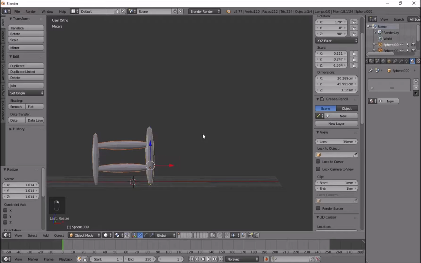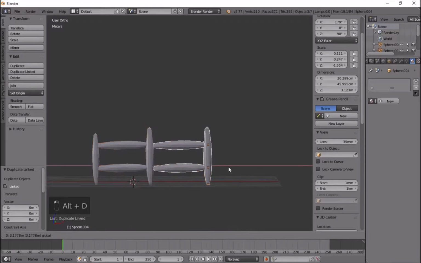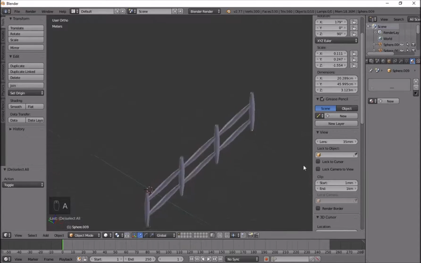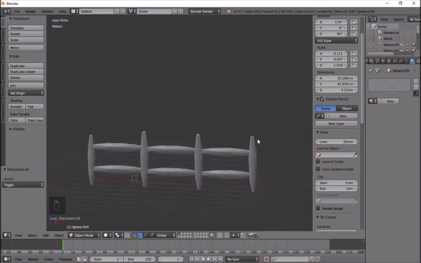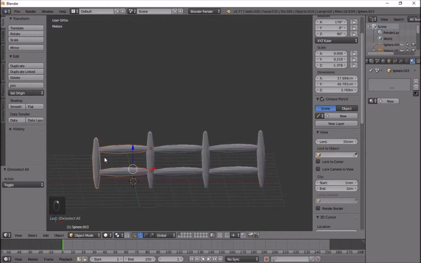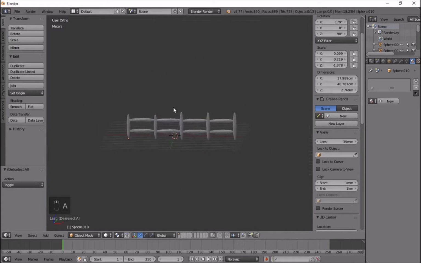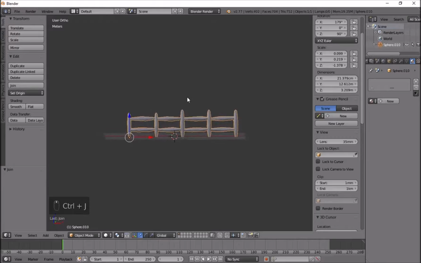And you can just do Alt D and then move these to this side. Alt D and move them to this side. So with low poly stuff, you can actually copy a lot of stuff, just like copy and paste, and you have something different. So Alt D, and then I can move this on this side. So now we have a fence as well, and I'll just Control J, join these together,